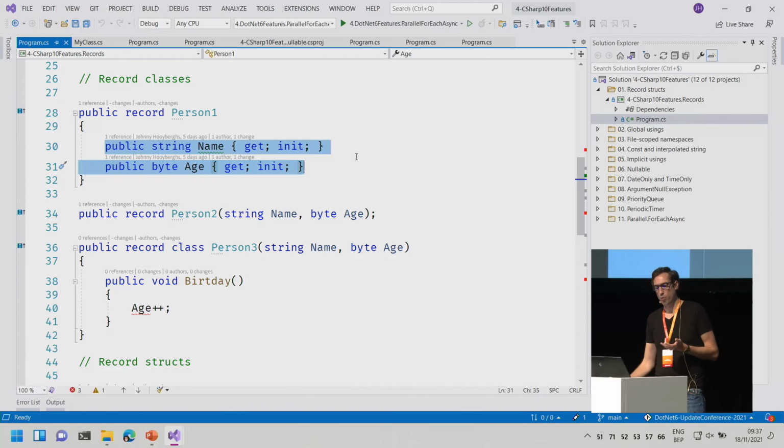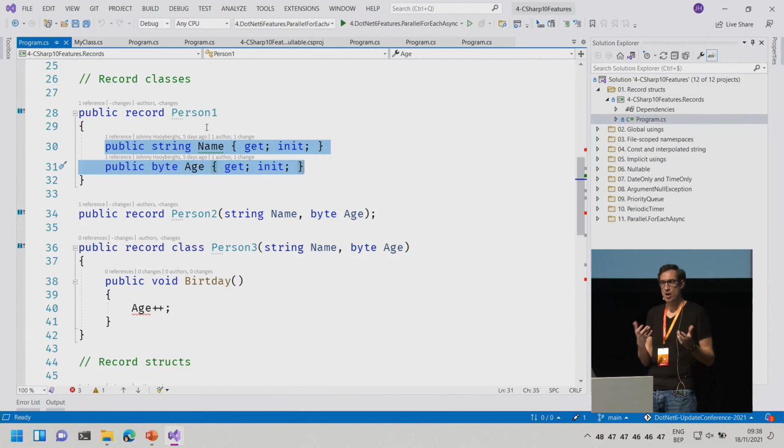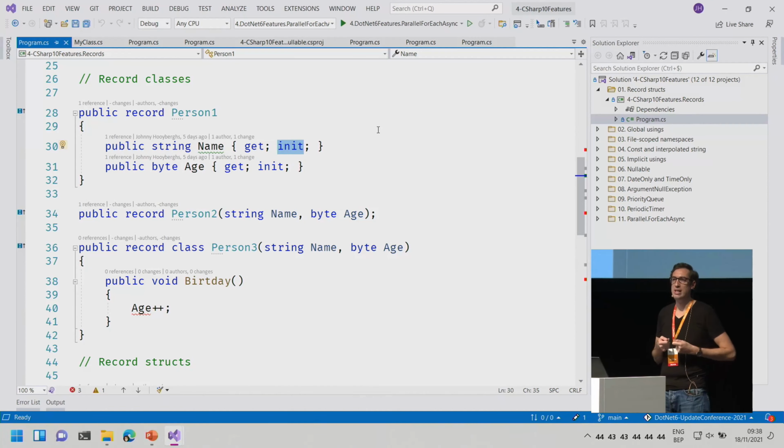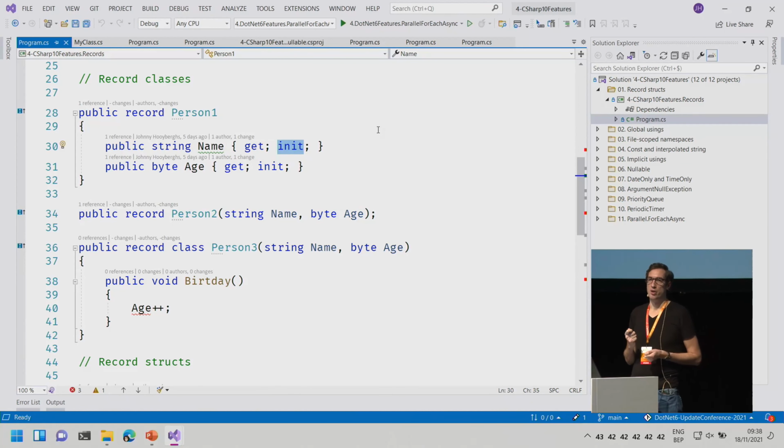Well, you could use read-only properties. You know that. If you have a read-only property, you can also not change those properties. So what's the difference? Well, basically, for an old-style class with read-only properties, you couldn't use an object initializer. You could only use a constructor to set those properties. And that's why Microsoft decided to add the record concept and then the init concept. And init means you cannot set the property, you can only initialize the property. But you can initialize that property from the constructor or from an object initializer. So from both. And that is exactly what I wanted a long, long time ago.